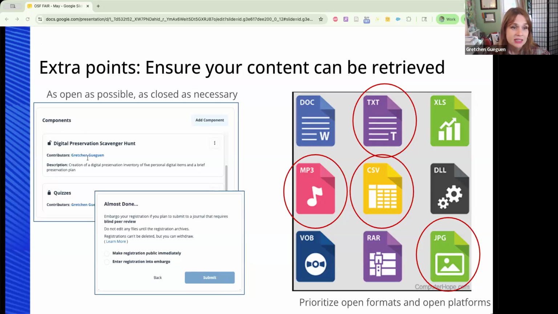Expanding that idea of accessibility, it can also extend to the formats you choose to use to save your work in. So when possible, it's encouraged to save your data in widely used non-proprietary file formats like CSV for spreadsheets, TXT for text, PDF as well, which is not on this image. MP3 and JPEG are also now open formats. If you have special characteristics in proprietary software, you can still, of course, use those. But an accessible option would be to create a version in one of these open formats and explain how to use that instead.